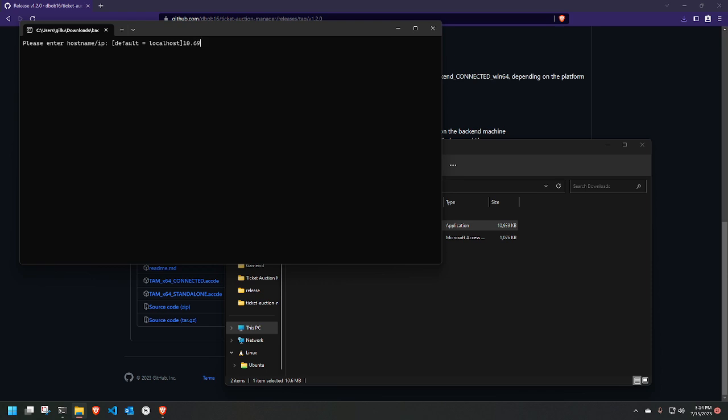I do have a server set up on my network. So root. And it does check the permissions. If you don't have good permissions, it won't continue. So let's just do